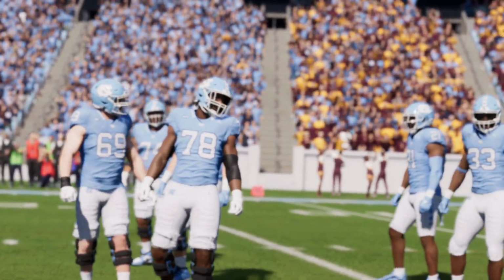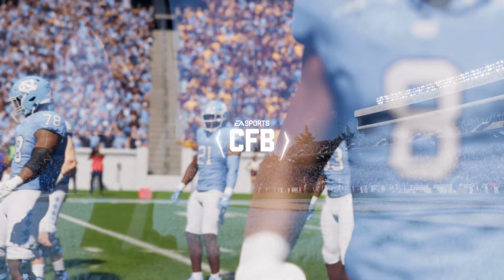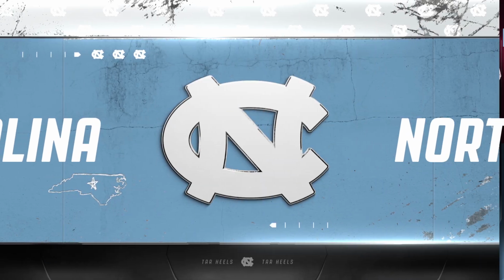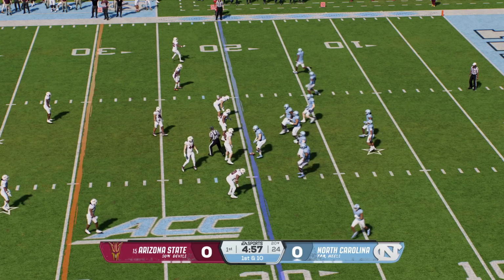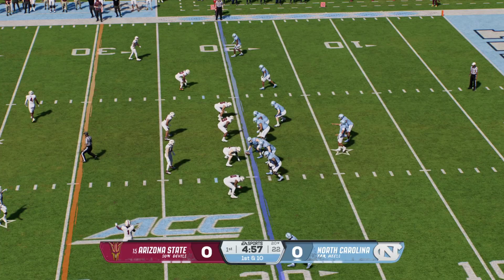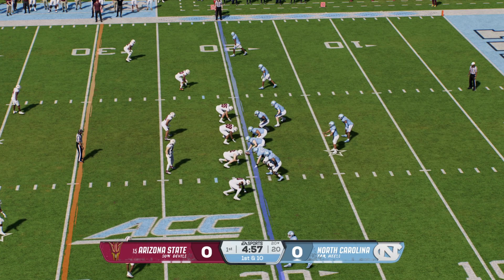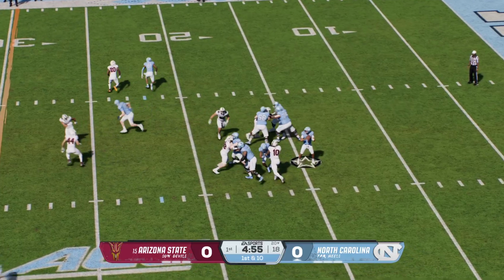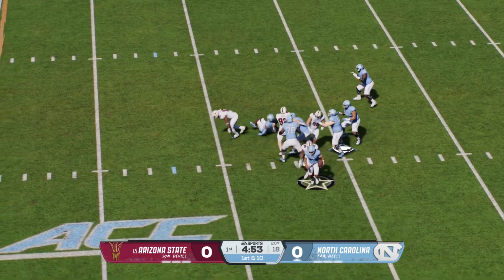So the North Carolina Tar Heels offense will have the football first. What a great group of receivers they run out there, and a staunch, stout defense they'll be running into. Jesse, how are they going to get open? How does this defense keep them in check? Well, I think one thing this receiving group knows to have success in this game against this defense is it's going to take all of them. It's not just going to be...